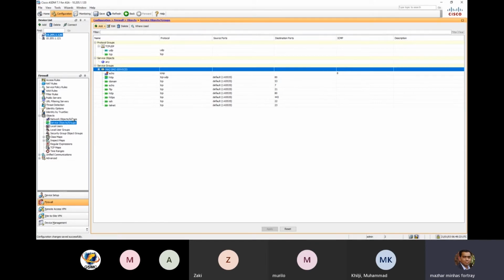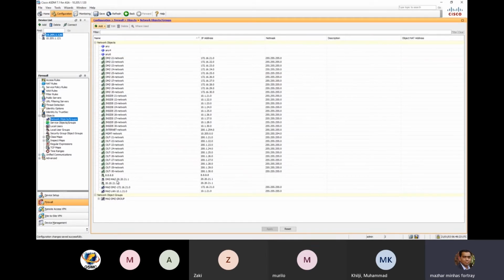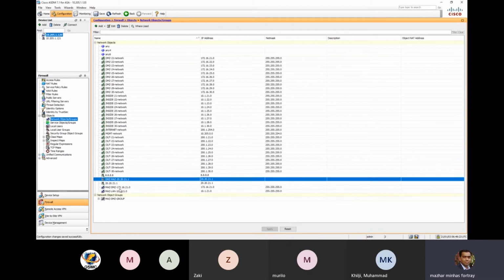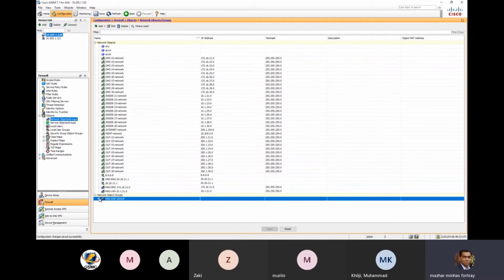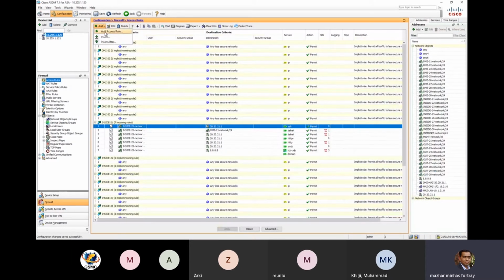This is the services group, like the port. These are the network. So first of all, we created objects, network objects. Then we created object groups. Wherever you find multiple networks, you create a group. Now I'm going into the object groups, and I'm creating a rule here on the top, and I'm saying